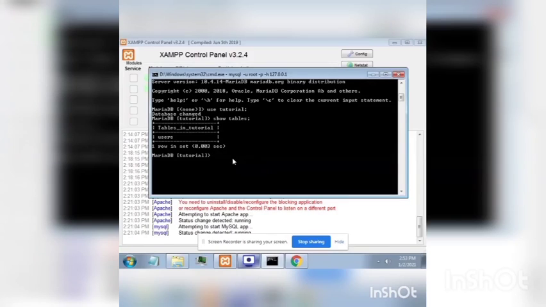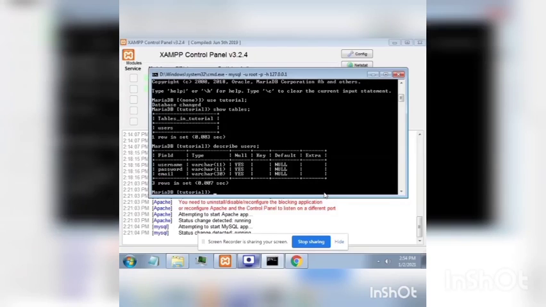Here you can see our table named users. Type describe users. And here you will see the fields that we typed previously: username, password, and email.